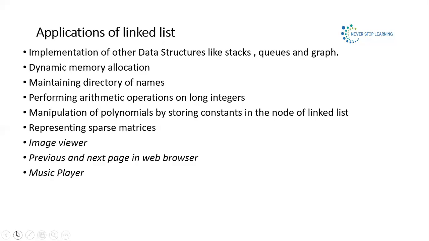Hence you can access the next image using the next and previous buttons. Another thing is the hyperlinks of your web browser, previous and next page. Whenever you are searching a URL and clicking the previous page or next page, or clicking on any hyperlink,